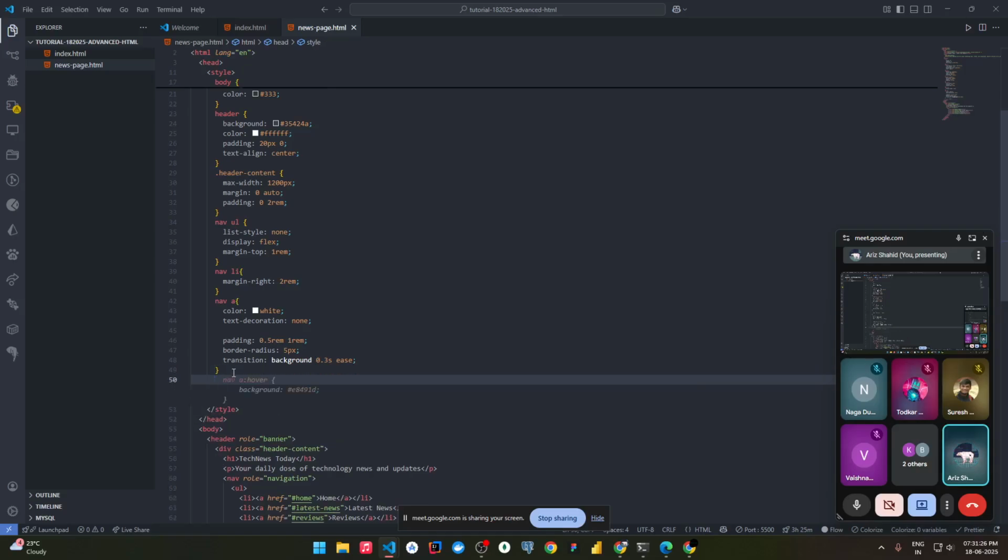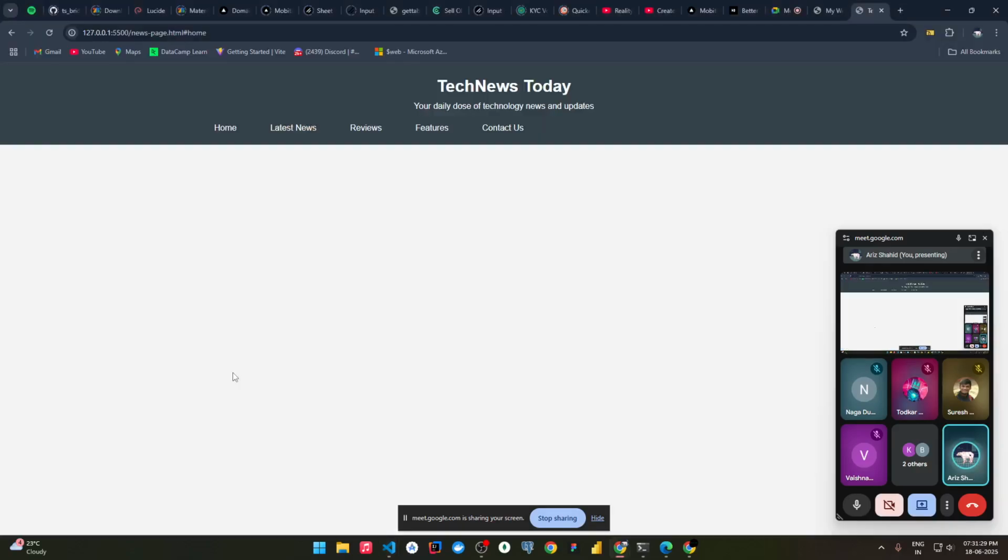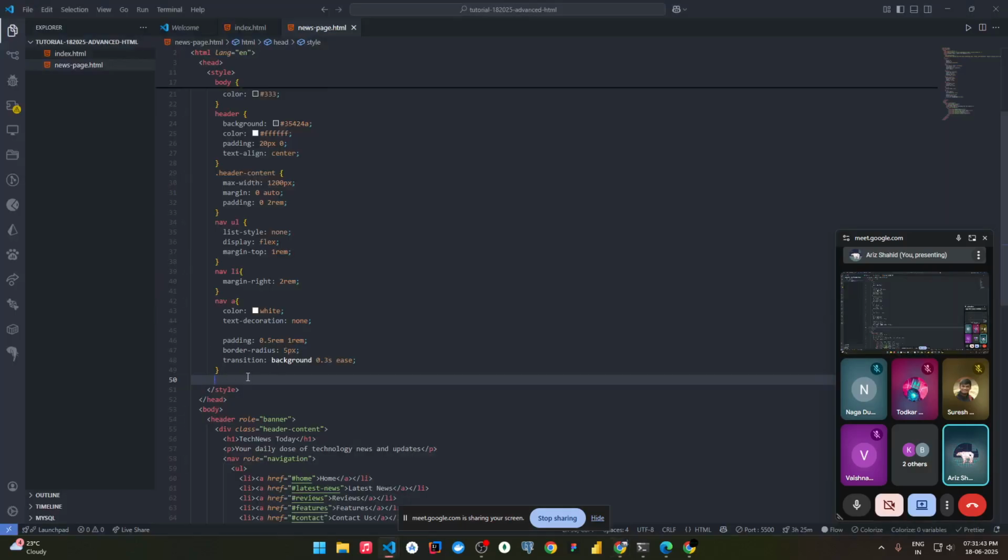Let me tell you what hover actually is. When we take the cursor pointer to some element, we are hovering on it. Not clicking, but hovering. That is called hover. So how do we give some styling to the element when we hover on that element? For that also we have CSS